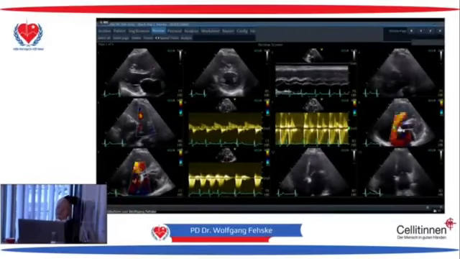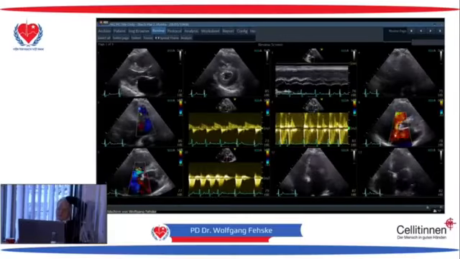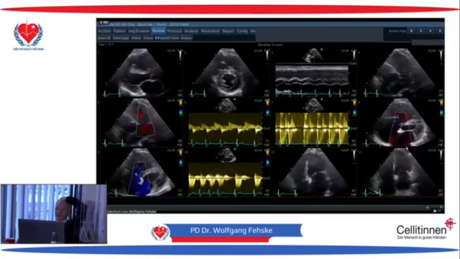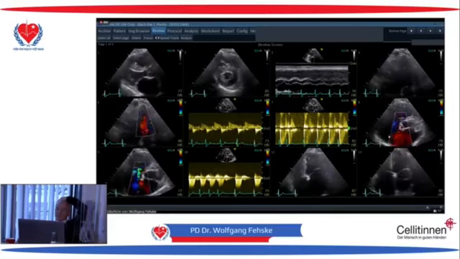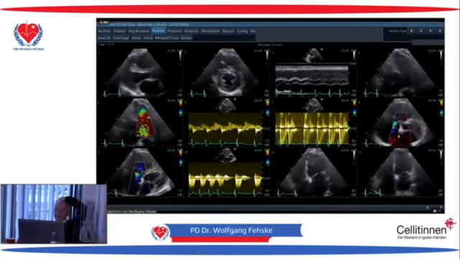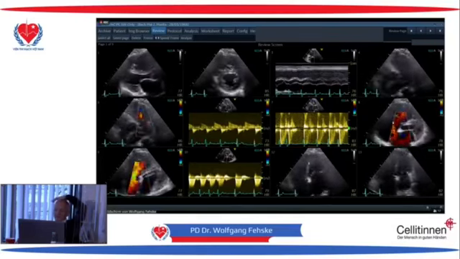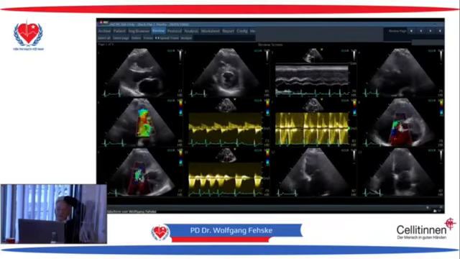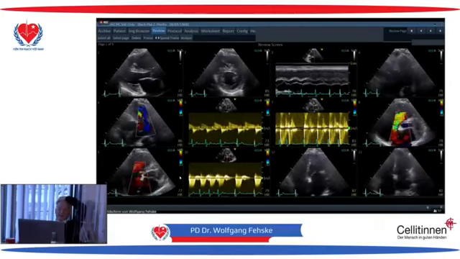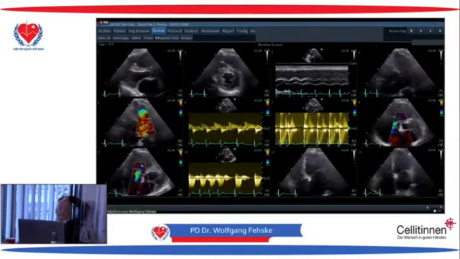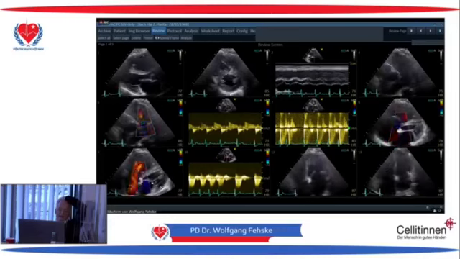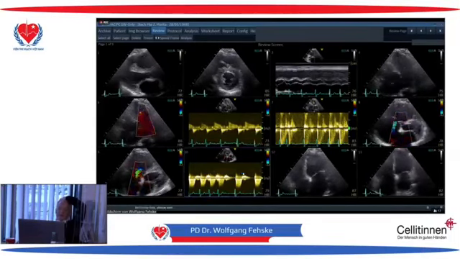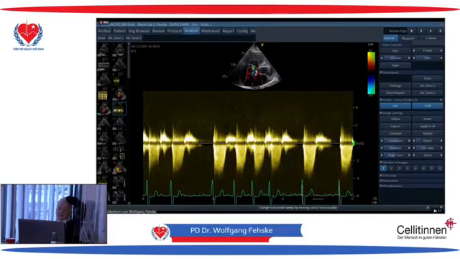So for the four-chamber view, you can see you need a direction that there is Doppler sensitivity across the shunt. So here we have a nearly continuous left to right shunt, and the same is true in this aspect here. So we are quite happy that there is not yet a right to left shunt, but we are not so happy with the pressure